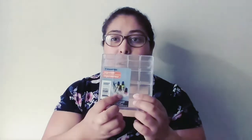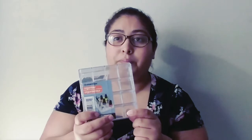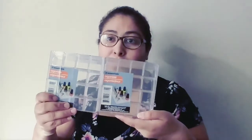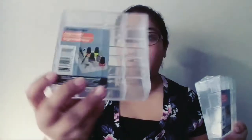I got just one of these. I also found this one. It's like little cubes. It says in here to put your nail polish, but I will use this for my lipsticks and lip gloss and everything that I have. And I got two of the same one, as you can see. So I got two. They're very sturdy, so I really like finding this stuff because I was searching for these organizing bins for a